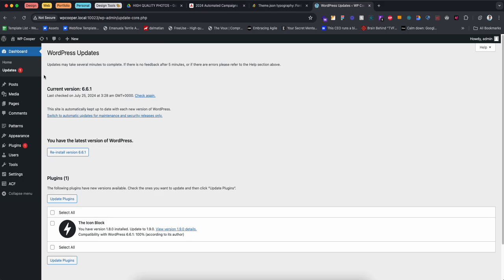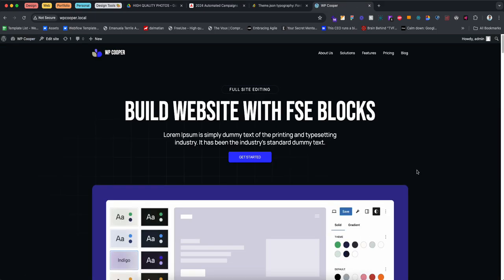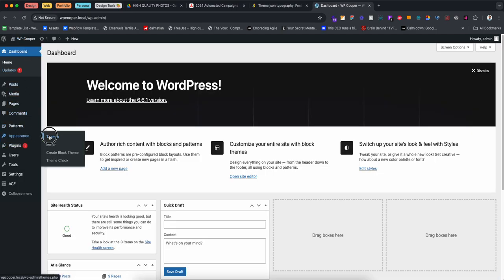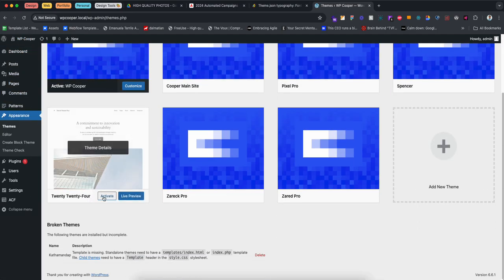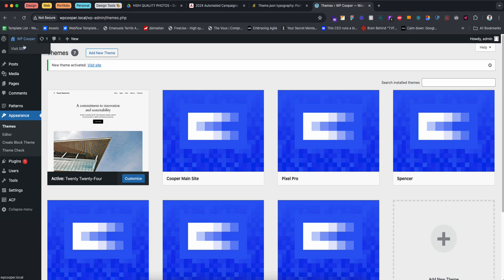It's something I saw that the 2024 theme is using. I got confused that they had the feature in WordPress 6.6, which is not true. The thing that I'm talking about right now is, let's say when you activate this,